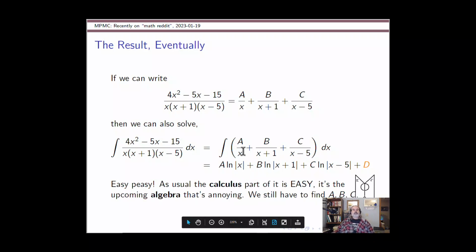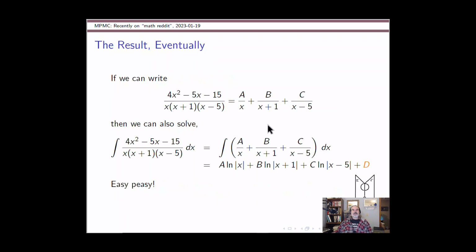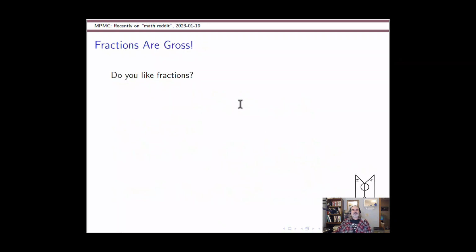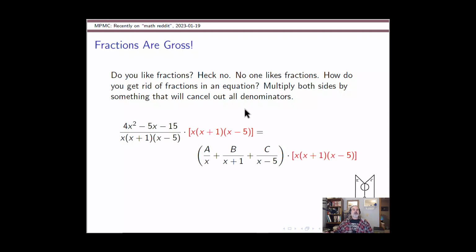All right. So the idea here is that this template is gross because it's got all sorts of fractions in it. Nobody likes fractions. So can we get rid of the fractions? And the answer is yes, we can. How do you get rid of fractions? Well, you multiply both sides of your expression by something that's going to cancel all the denominators. And in a partial fraction decomposition like this, the original denominator will cancel every denominator on both sides of this template. So we're going to take both sides of this equation and multiply it by x times x plus 1